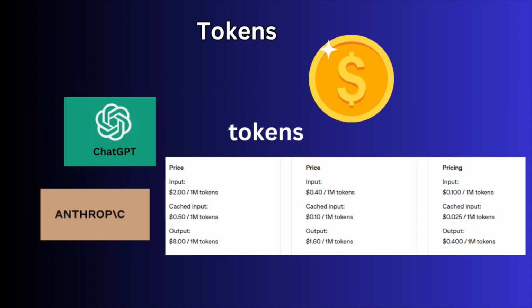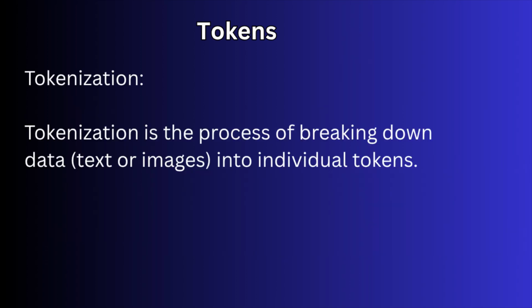Companies like OpenAI, Anthropic, Alphabet, and Microsoft charge based on token usage when people access their AI services. Typically, pricing is per thousand tokens. So the more tokens fed into the system, the higher the cost to generate a response. Tokenization is the process of breaking down data into individual tokens. This step is crucial in preparing data for AI models, as it allows the models to focus on the essential